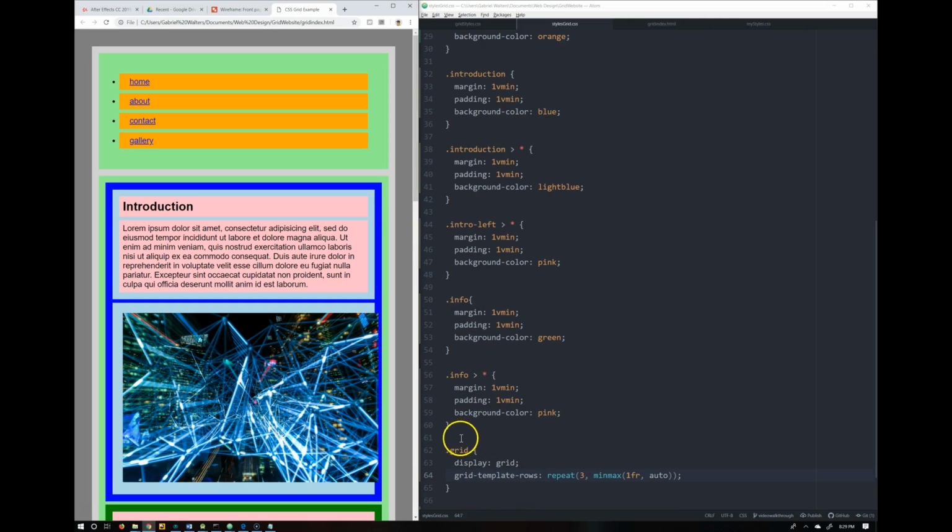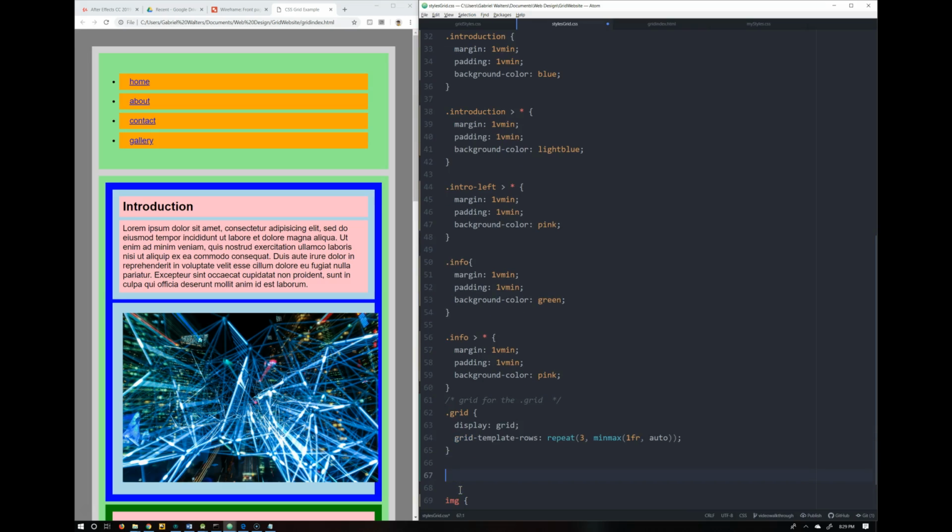Let's continue. So this is my grid for the dot grid. Okay, so that's like my main page part. Now let's go ahead and do, in here, this would be my introduction area. So that's the blue, and I want to contain those light blue areas. So dot introduction,